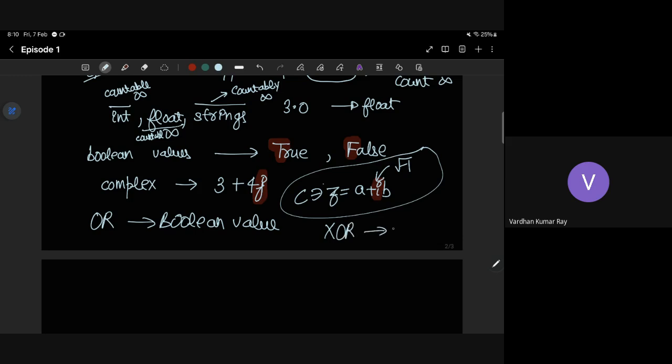We just do bitwise operations: we convert the integer to binary form, and then for each bit we do XOR. So in some way it's like a binary value only, but I'm doing it for everything. XOR can be done on integers as well.